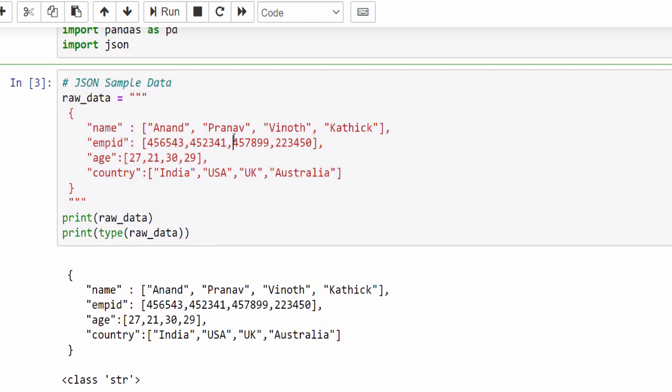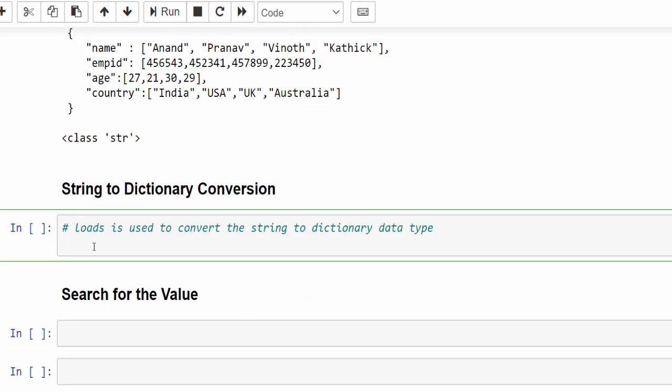Now in order to work with the JSON, first we have to convert the string to the dictionary format. For that, json.loads is used to convert the string to the dictionary data type.